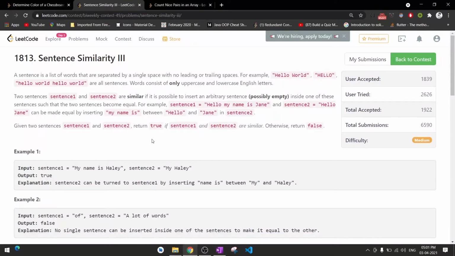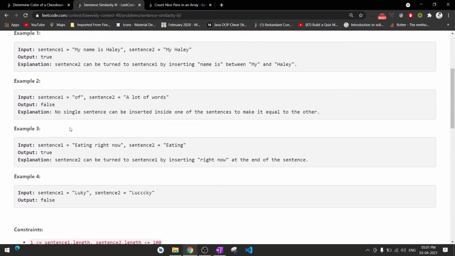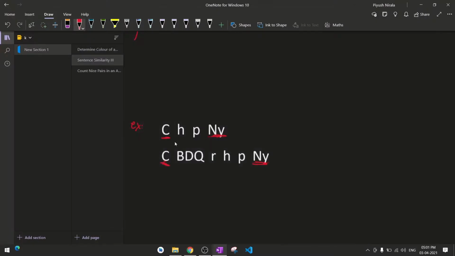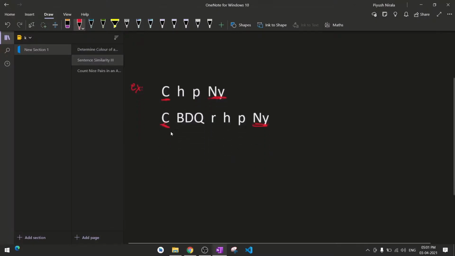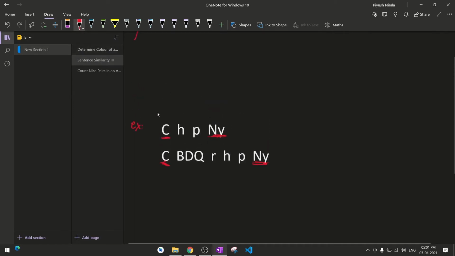But there can be a case where the initial and final characters are also the same, so one comparison will give me the answer yes, but another will not give me the answer. So I have taken this critical example in which I am taking 4 pointers: I, J, L and R.